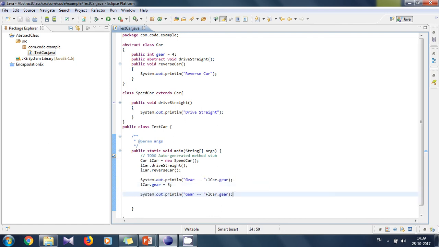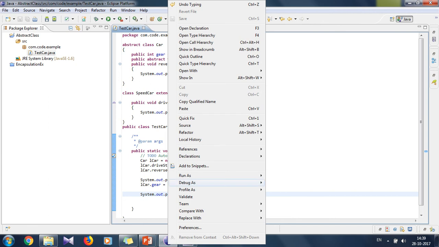So friends, I am printing this value of gear, and I have changed it from 4 to 5 over here. I'm showing this because it is of real significance. It will help you to understand the difference between abstract class and interface in future when we will be going through interfaces. Now let's run this program,